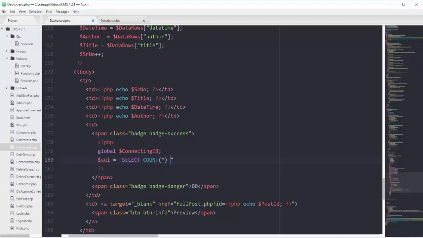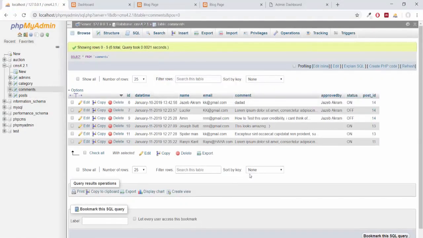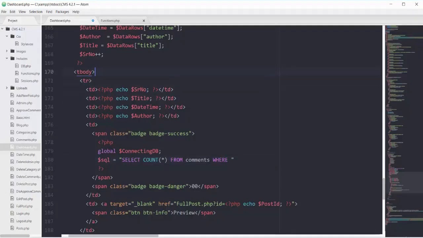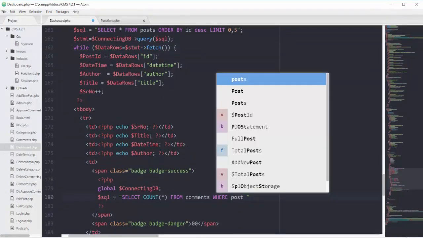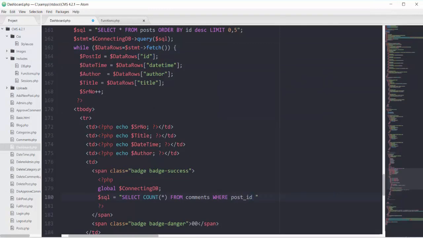So select count star from my comments table, where the post_id column is equal to this post I am fetching, this post id.